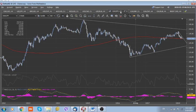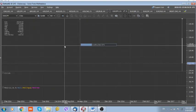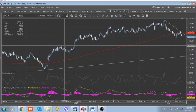The euro yen is very close to close below its weekly 200 moving average line, which of course should have, from a technical point of view, a bigger impact on the market on this kind of pair. Also the pair is below its daily moving average line, and all in all the situation is